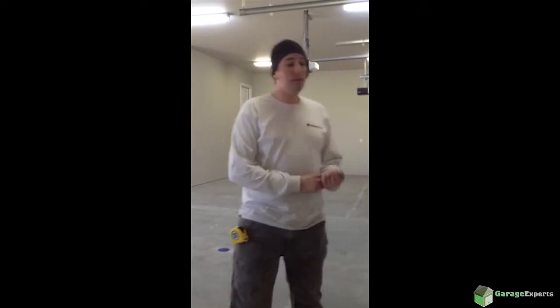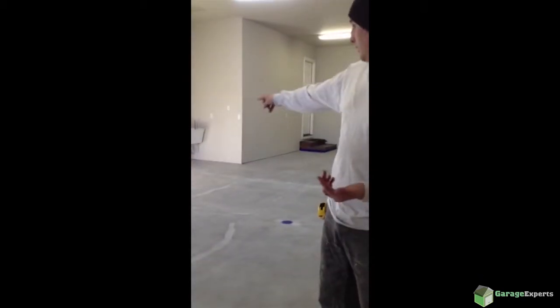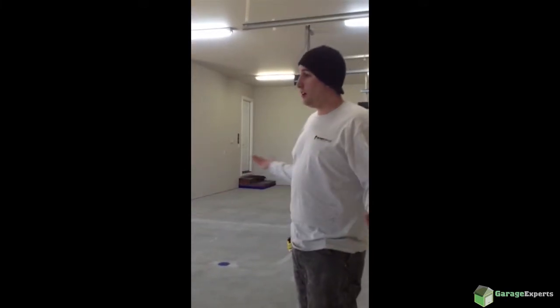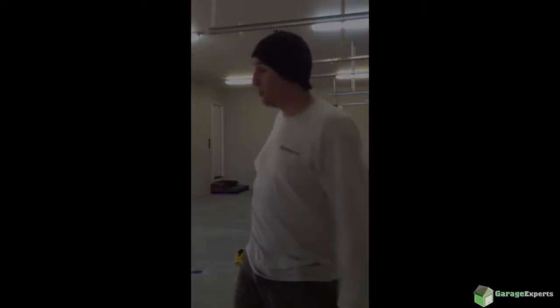Now, what I've learned to make money on cleanup day, rather than it just be a wasted trip, is I sell them cove base on garages that don't have curb walls. This is all just sheetrock down there. So a way to protect the bottom is to sell them 4-inch or 6-inch cove base. I do it for $60 an hour. I just bid it by the hour. This one I'm doing